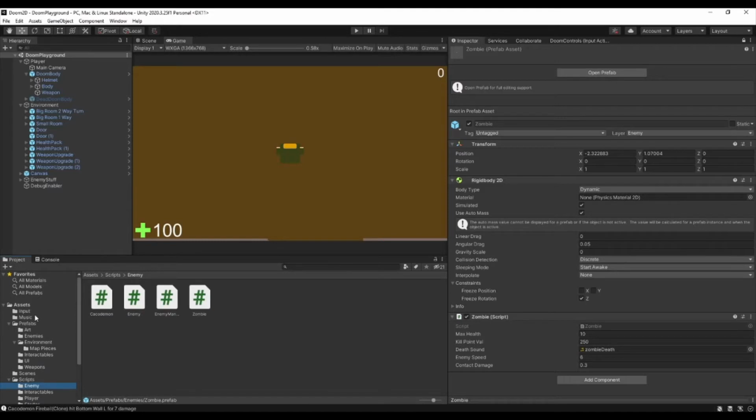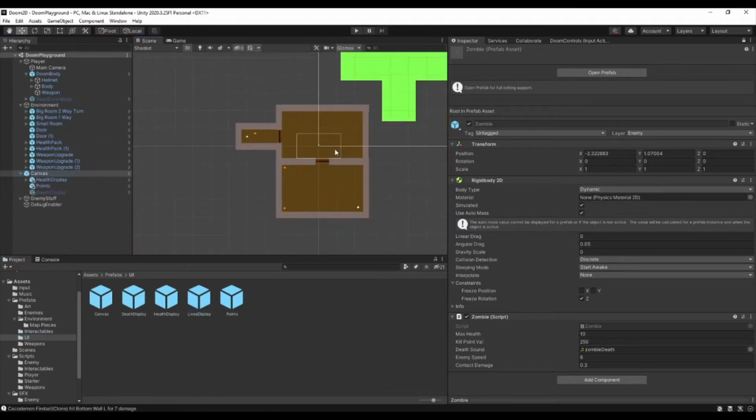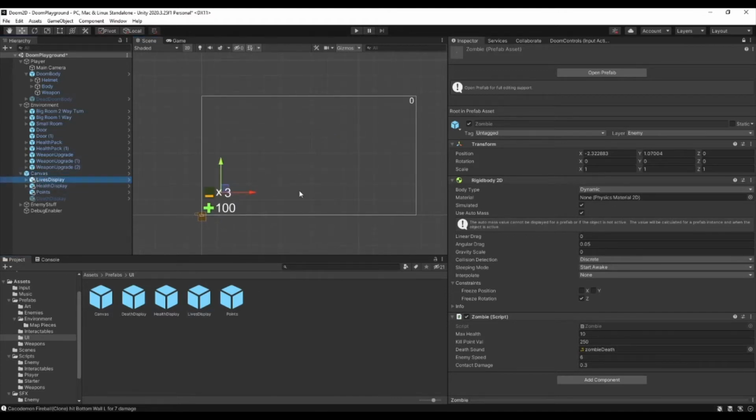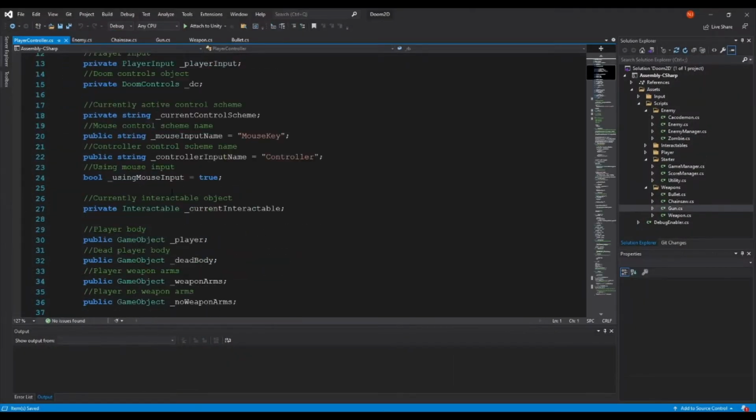And in fact, I've already given you one of the pieces that you need for this. So if we go into the canvas, go to scene, and just drag and drop life display, you'll notice you have a lives display here. And so we're actually going to go back to our scripts, over to player,